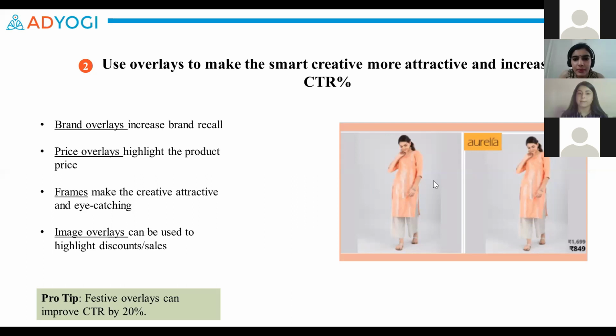Next is a price and strike through price overlay, which you can see on the right hand corner of this image here. Price overlays provide the most important information for the users, which is the price. This ensures that not only does the user get the price information, but also that we as marketers only get relevant people to click on our ads. For example, a person who cannot afford very high-end products will be dropped off at this level if they see the price of the product on the image. Similarly, the strike through price feature can help us in case of discounted products by luring customers to click on the ad by showing a price drop.